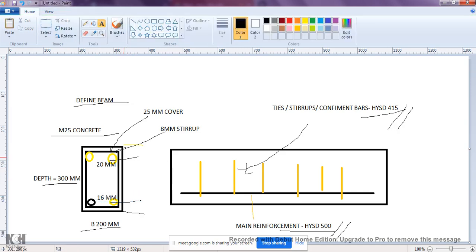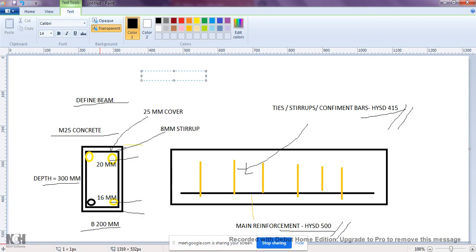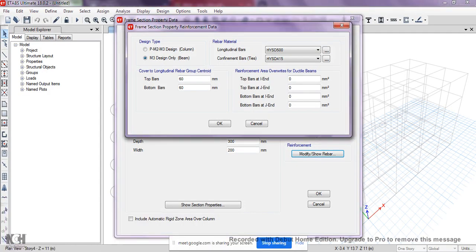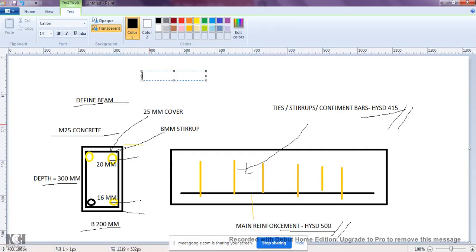Okay. Now the software is asking you for the cover to longitudinal group centroid. For the top, it is given by the 25 mm cover plus 8 mm stirrup plus 20 mm bar divided by 2. If you calculate this, it will come as 43 mm.